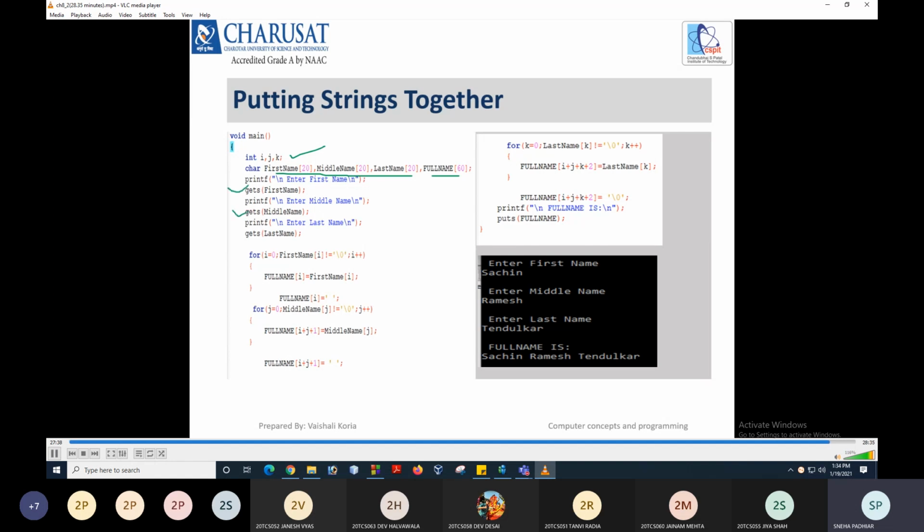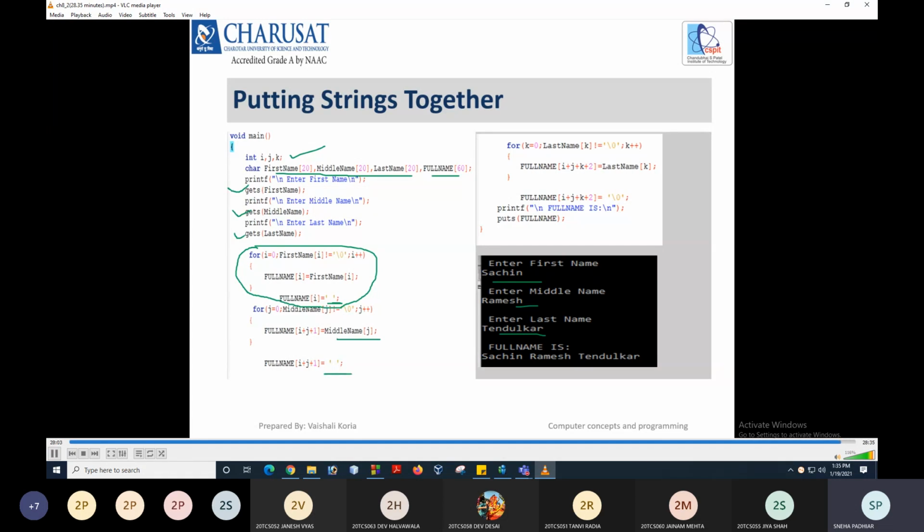Now we have to take the values of these 3 character arrays. So it would be Sachin, Ramesh, and Tendulkar. Then this first for loop is for copying the characters of the first string to the full name destination string, and then we have to append the space. The next for loop is for copying the characters of the middle name to the full name, and again we have to append the space.